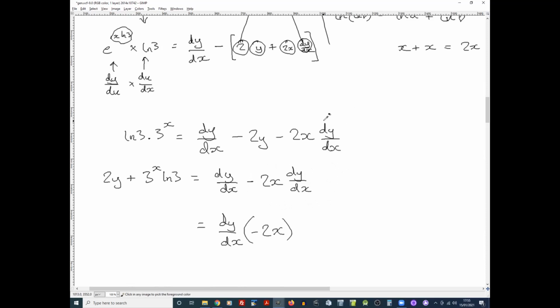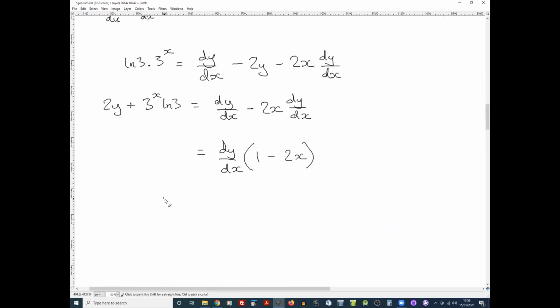So you need to add... just plus 1. So we could put the 1 first and then minus 2x, which looks neater. If you imagine expanding that, you'll get that. And now dy dx can be the subject: dy dx equals